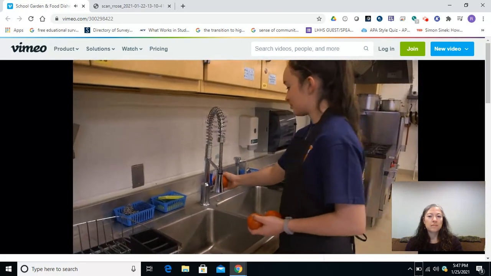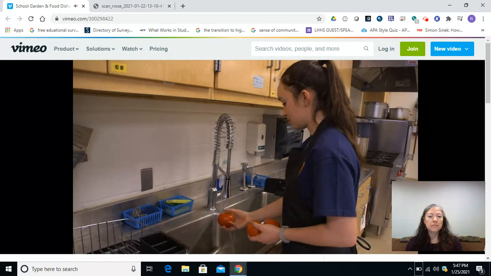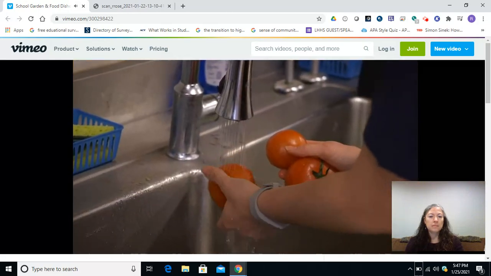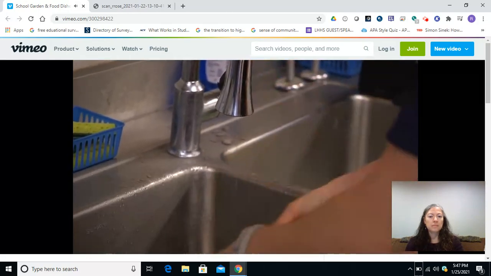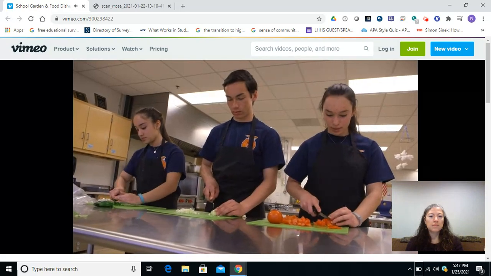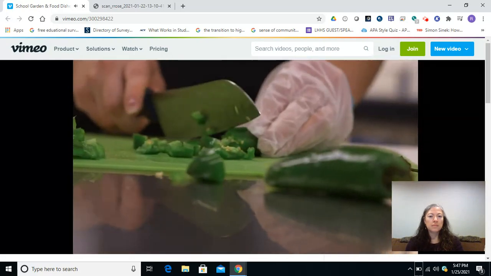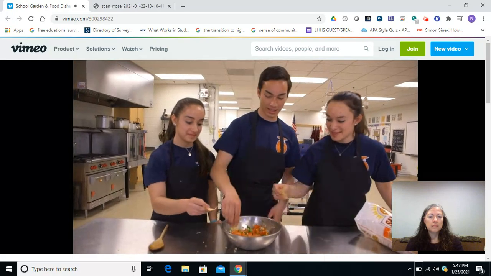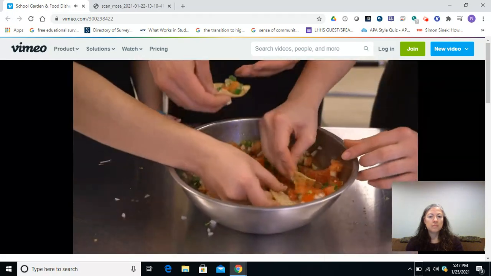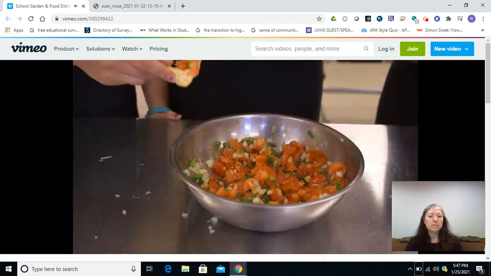Through this SAE, we have gained various safety and sanitation skills, such as making sure to wash produce before using them to ensure safety and health standards, using the proper knives and handling knives with care. My favorite part of our SAE is just working together on a common project and then, of course, eating the food we create together.